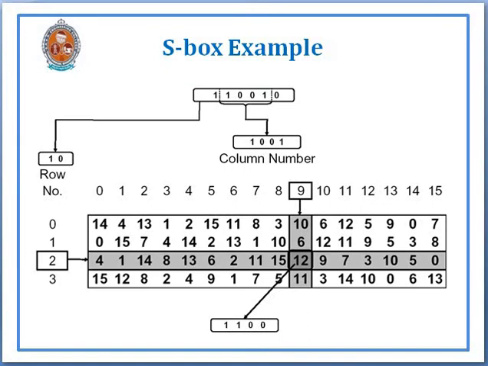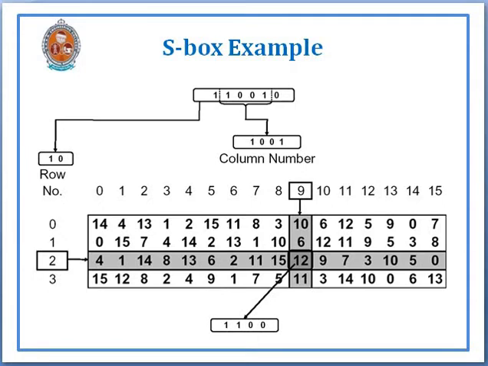Here we have 110010 as the input to the S box, a total of 6 bits. The first bit 1 and last bit 0 will form the row number, and the middle 4 bits 1001 will form the column number. So row number 10 means 2 and column number 1001 means 9. So we have to take the intersection of 2 and 9, that is 12 in decimal. The equivalent binary form is 1100. So 1100 is the output of this particular S box.